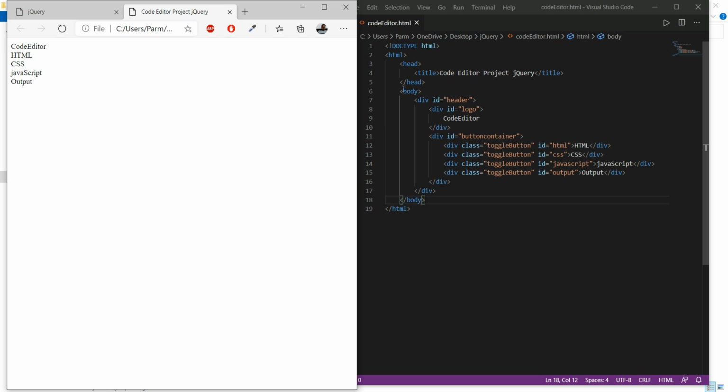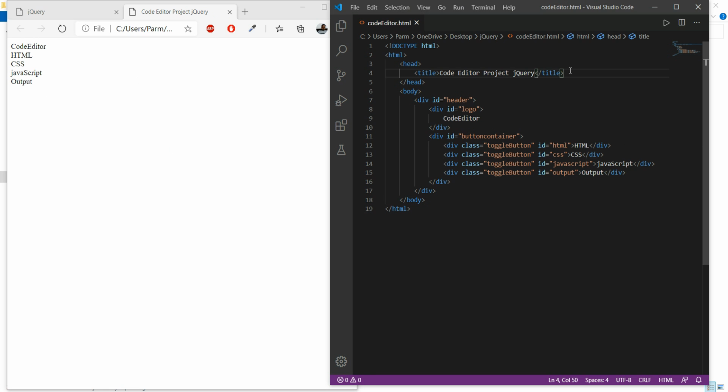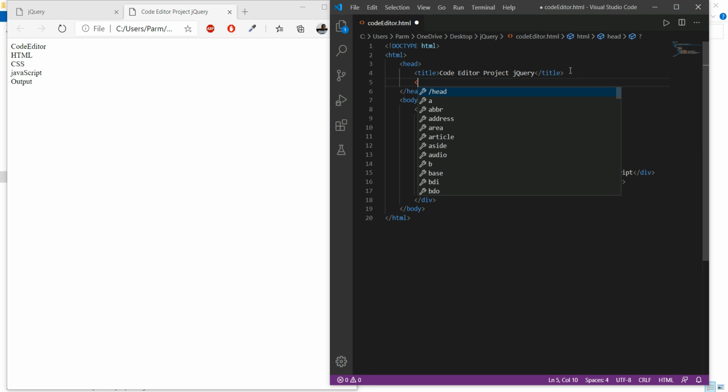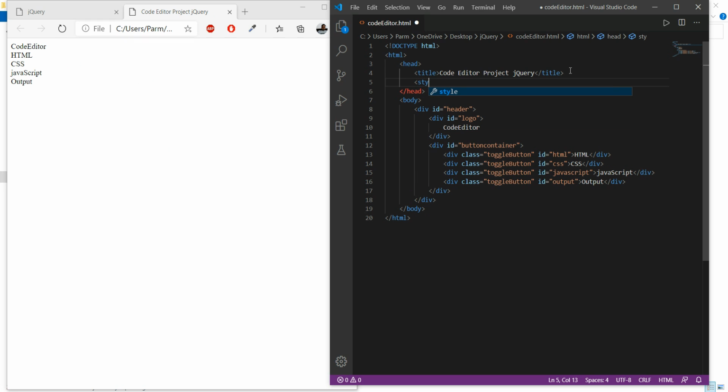So here we go, starting with our CSS. Here in the title we have to type style, type as text/CSS.